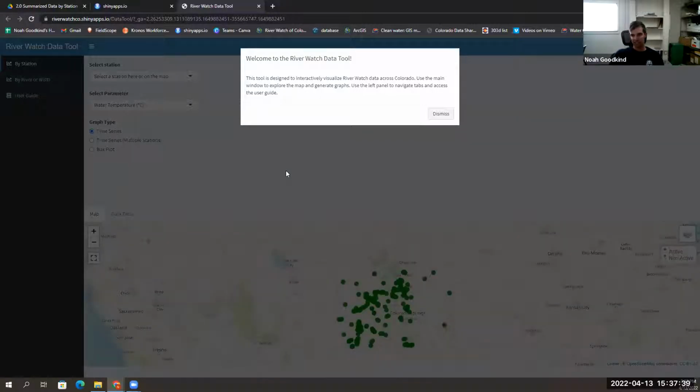This is going to be the most interactive version, and it combines elements from each of the last 2 tools, and also combines that spatial component where all of our stations are around the state into one platform. And so this Riverwatch data tool